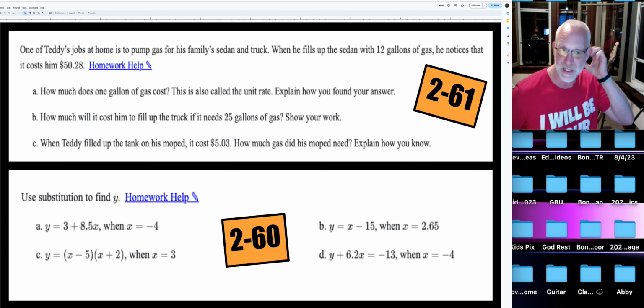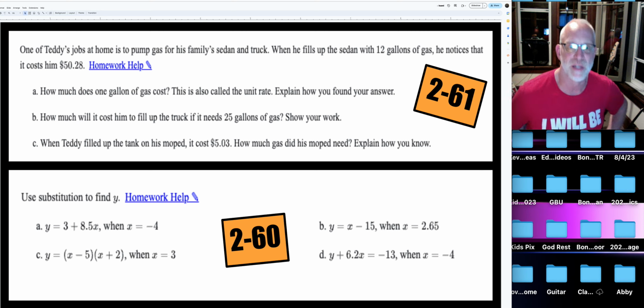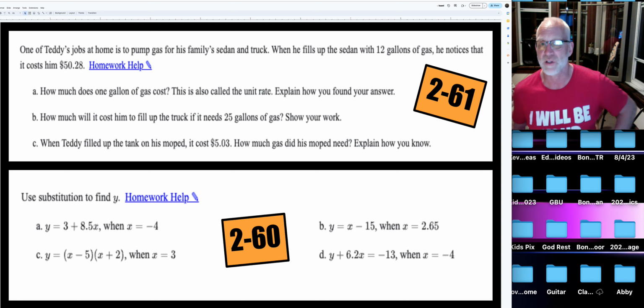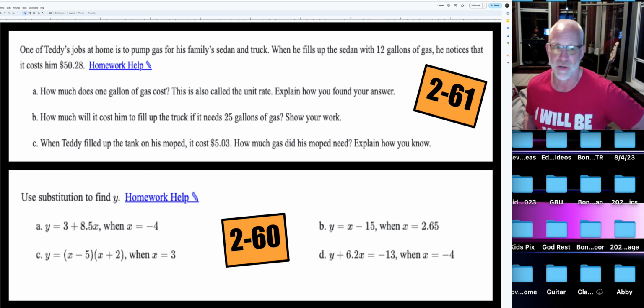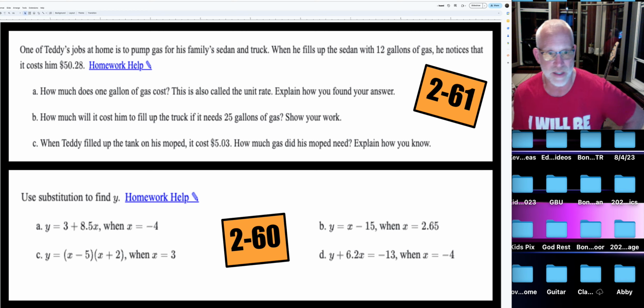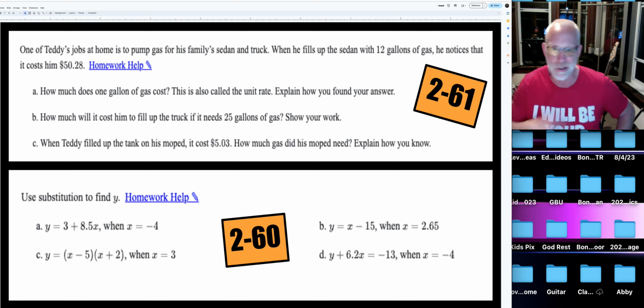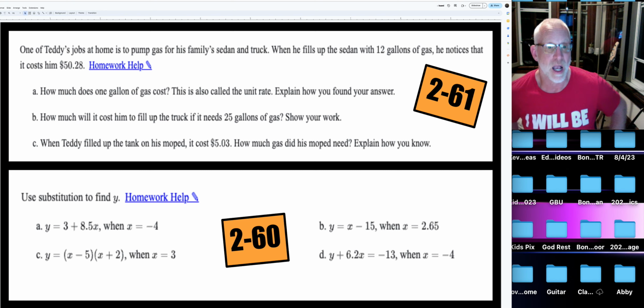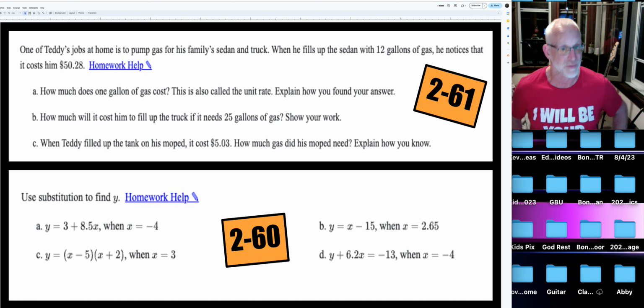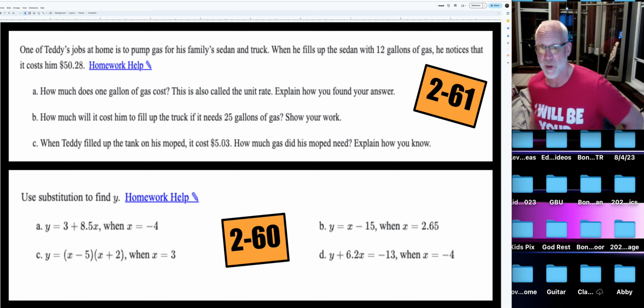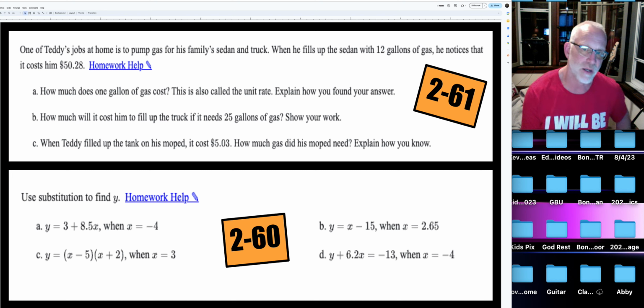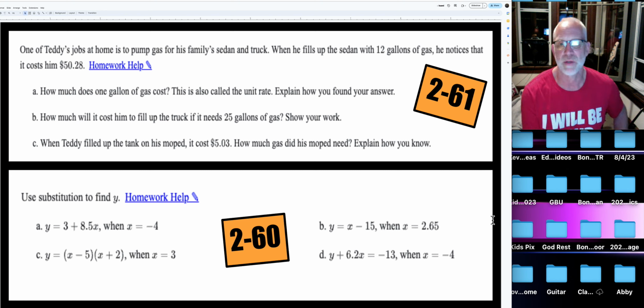It says one of Teddy's jobs at home is to pump gas for his family sedan and truck. When he fills up the sedan with 12 gallons of gas, he notices that it costs him $50.28. How much does 1 gallon of gas cost? Unit rate. Explain how you found your answer. How much will it cost him to fill up the truck if he needs 25 gallons of gas? Show your work. And when Teddy filled up his tank on his moped, it cost him $5.03. How much gas did his moped need? Explain how you know. If you need any help on this one, this is found in your homework help